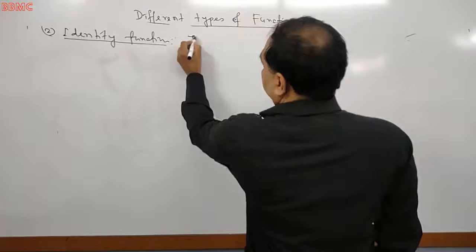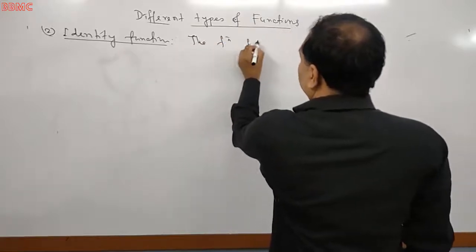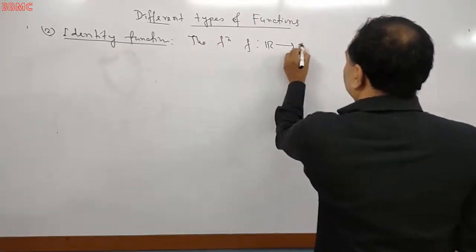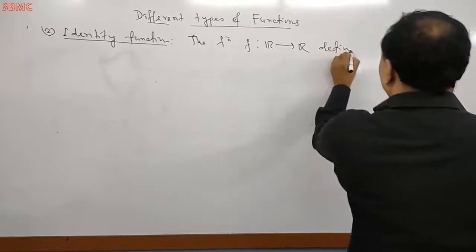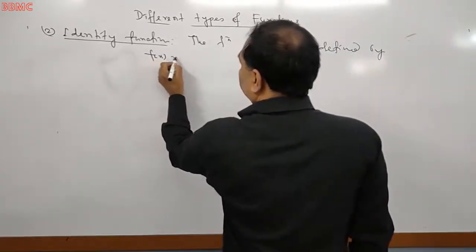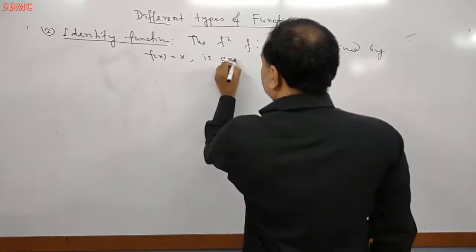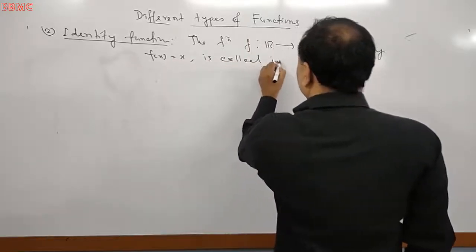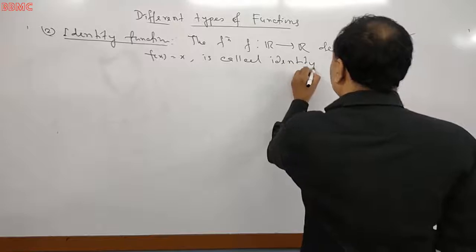Identity function. The function f is the function from R to R defined by f(x) is equal to x is called identity